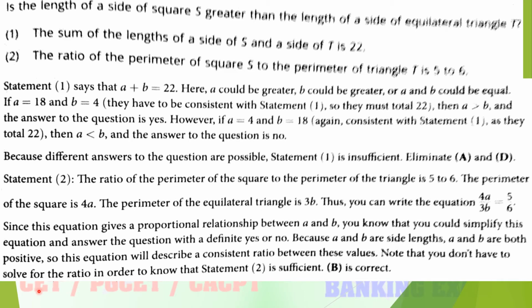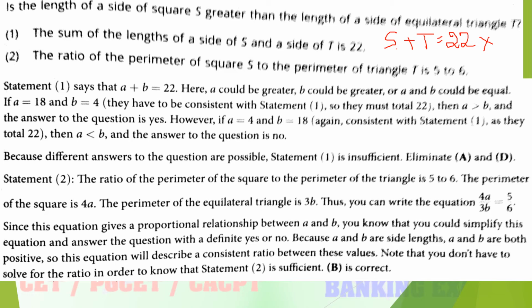So from the first statement, it tells that S plus T is equal to how much? 22. So from this, is it possible to determine the value of S and the value of T? It is not possible. They just gave the sentence S plus T is equal to 22, but they did not mention the relationship between S as well as T. So from the first statement alone, you can't find the answer. Then go for the second statement.